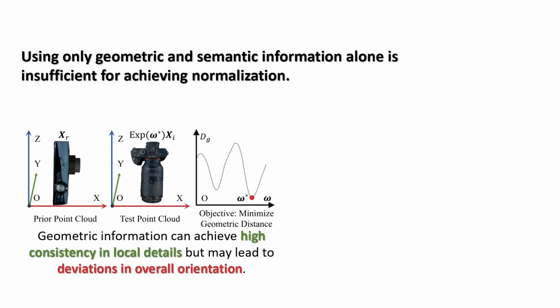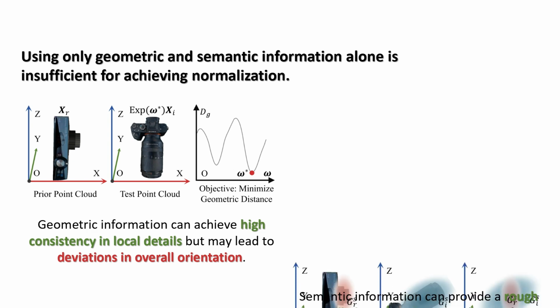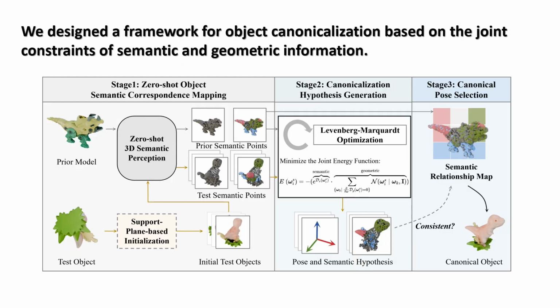Using uniform or purely geometric constraints alone doesn't yield effective canonicalization. Geometry can get stuck in local minima, while semantics only provides a rough alignment. To address this, we propose a pipeline. For a new unseen object, we initialize it and get the semantic segmentation results. Then, by applying our combined semantic and geometric constraints, we generate numerous alignment hypotheses and select the best final alignment